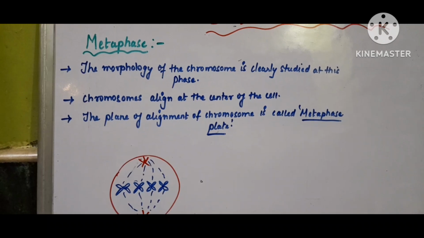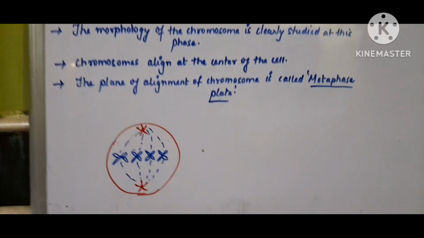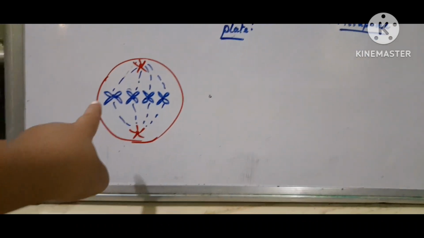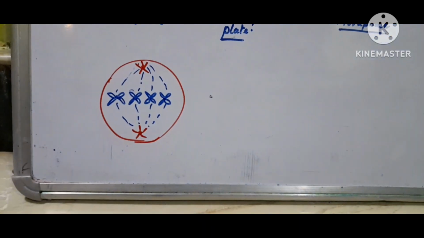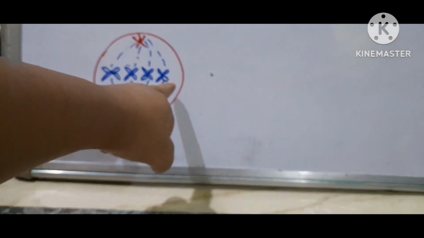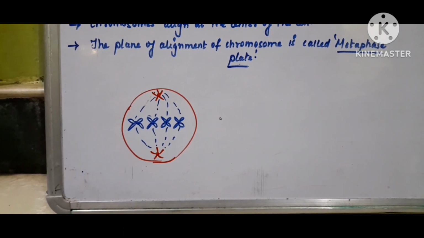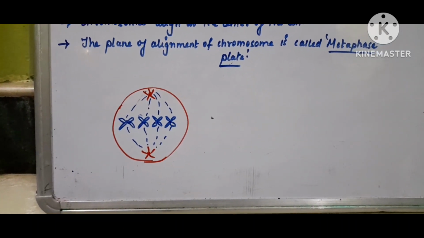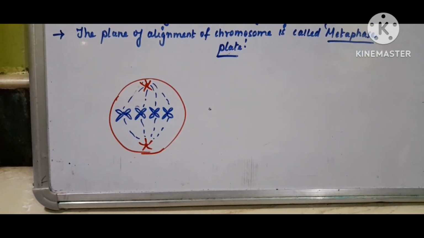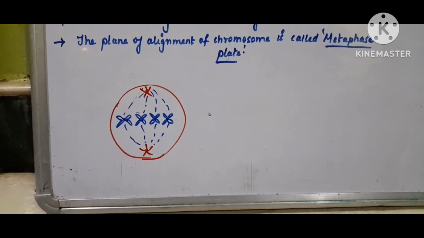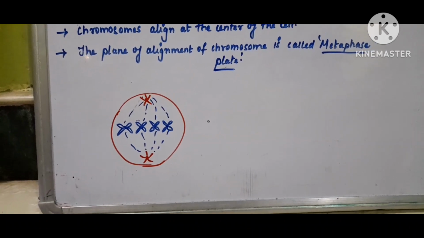Now the chromosomes in this stage align at the center of the cell. You can see that the chromosomes align themselves at the equatorial plane of the cell. The plane of alignment of the chromosomes is called the metaphase plate because they are aligned in a straight line at the equator or the center of the cell. So this phase can be easily identified under the microscope, as the chromosomes are arranged along the equatorial plate. And the next phase is the